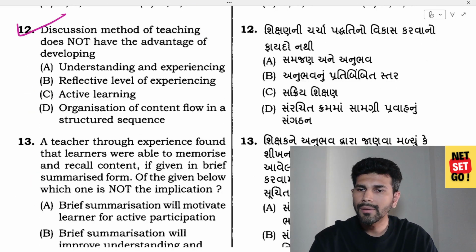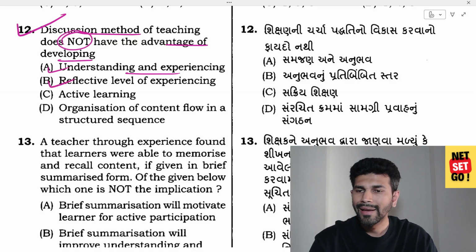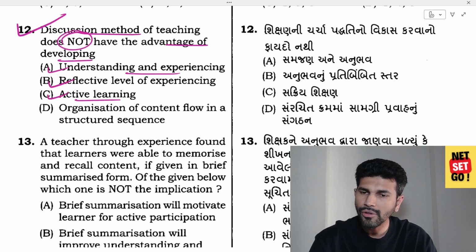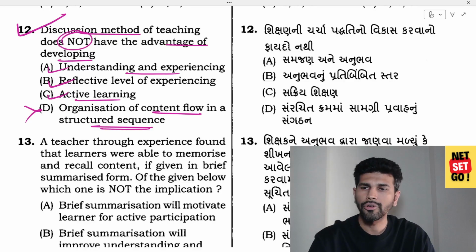Next, discussion method of teaching does not have the advantage of developing understanding and experiencing, reflective level of experiencing, active learning, organization of content flow in a structured sequence. No. So option D is correct answer because discussion method